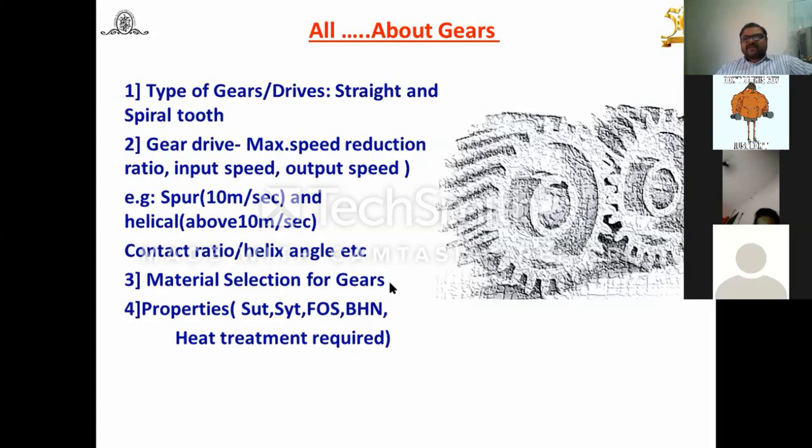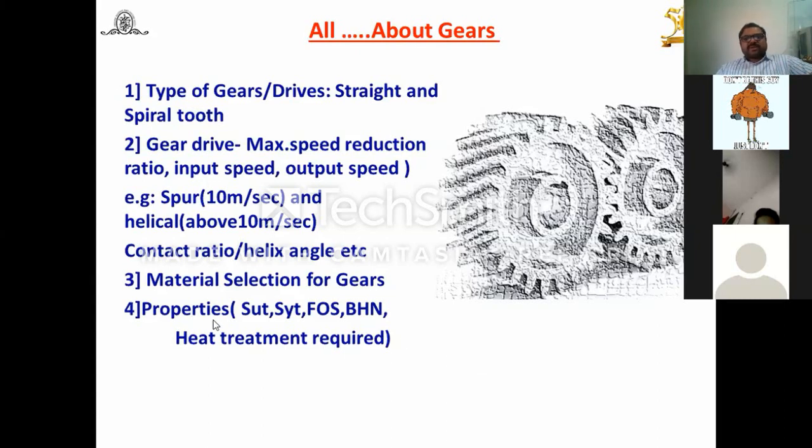While selecting the material, you will find cast steel, plain carbon steel, and alloy steel. These are the different materials available. You can refer to the PSG data book. In the first two topics you will find the different materials for different applications, and you can select directly. Even combinations of pinion and gear materials are there. But before going for alloy steels, try to select other materials, for compactness as well as from the cost point of view.